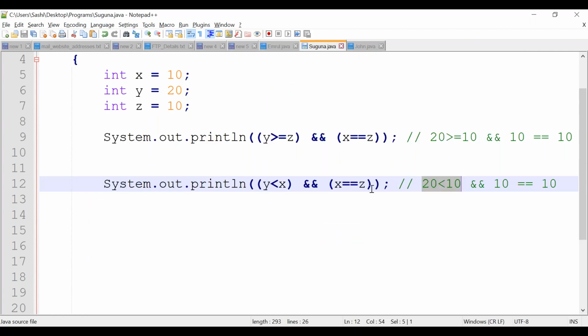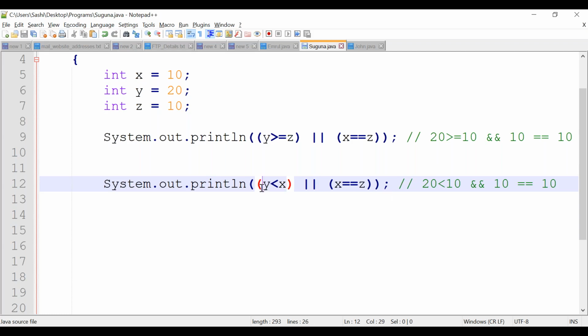See here, the second condition we got failed because this condition is returning false, the second condition is returning true, but we are performing AND operations. AND means both sides should return true. Let's keep it OR. OR means if any one of the sides is true, then it will be true, right?